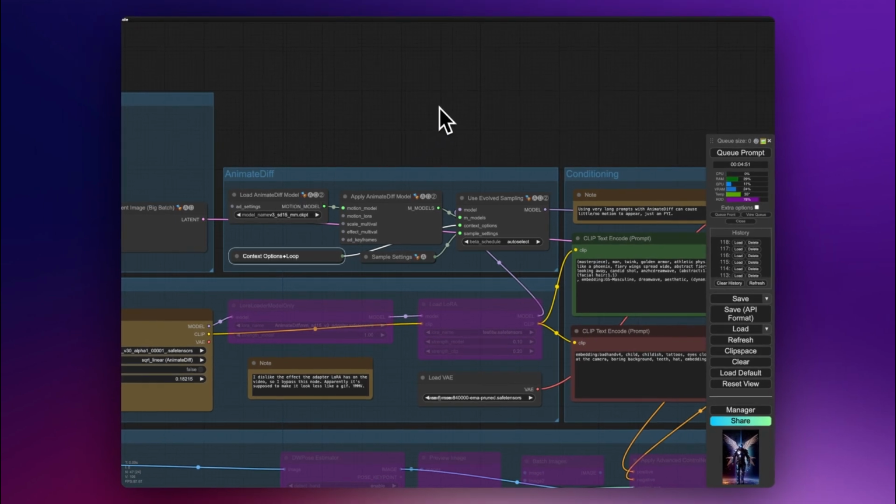This is all SD 1.5. I don't use SDXL for animations because it just doesn't really work that well. And also, the SDXL checkpoint for AnimateDiff doesn't work with PonyXL. Anyway,